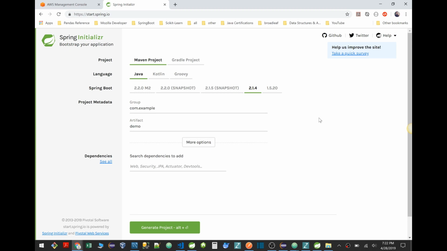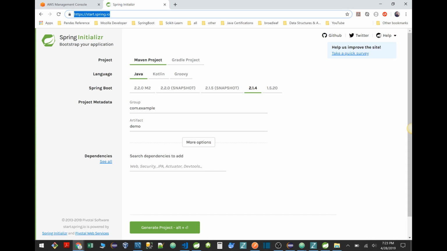All right, guys, we're back here. We're going to start with creating a Spring Boot application, and then we're going to deploy this application to Elastic Beanstalk. I'm going to start by going to start.spring.io, and I'm going to create a Maven project, Java